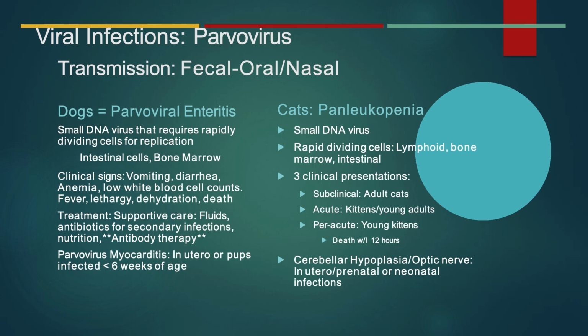Cerebellar hypoplasia, and blindness: these are the kitties whose moms were infected while pregnant, or right at birth, potentially right after they're born. These are the bobblehead kitties, the ones that can't maintain their balance, with a wide-based stance. It basically attacks the back part of the brain, the cerebellum, which we need for balance, and it can also affect the optic nerve and the retina, so they can end up being blind